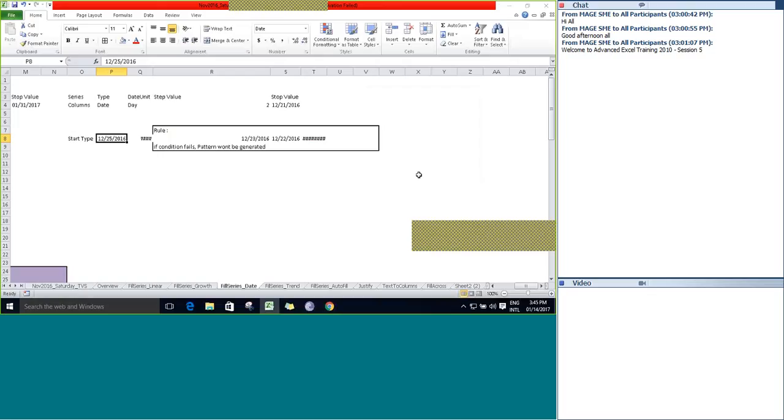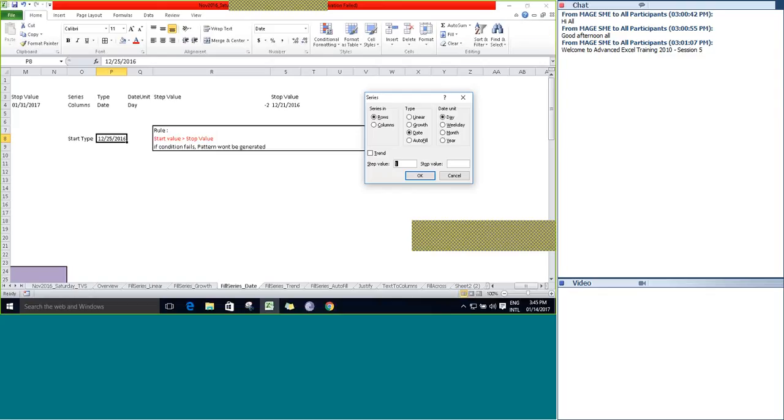Let's look into it. We'll make the step value -2. Go to fill, series. -2 is the step value and the stop value as 12/01/2012.